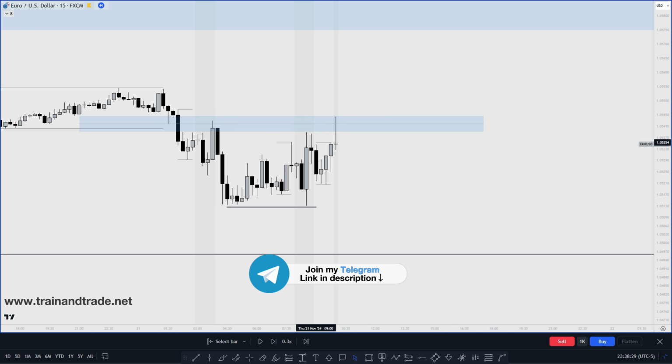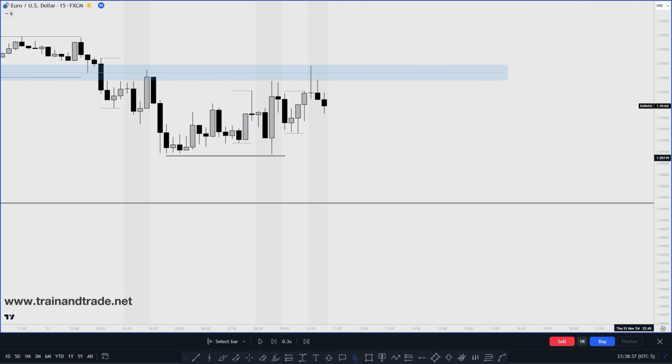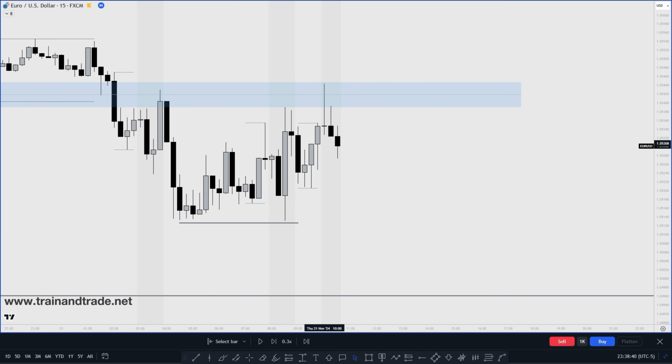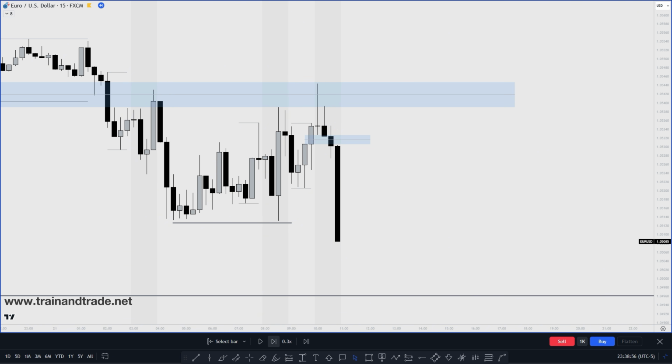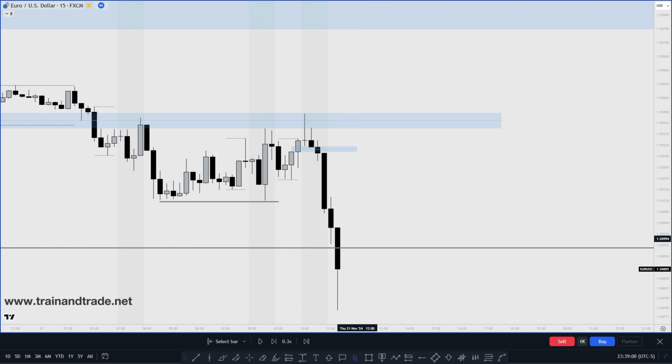And we have our 9 to 10 o'clock range. We have 10 o'clock where the market comes into a news event, and then we have a displacement move lower. Now, some people might ask, how would you enter something like this? You can enter on the M5 or M15, but in this example, we do have this little bit of an inversion. So where there's a bullish fair value gap on the push up, the market potentially creates a high. This is the key element, the variables. And then if we go down further, we see the market has this expansion move lower, down into that lower low on the 4-hour time frame.